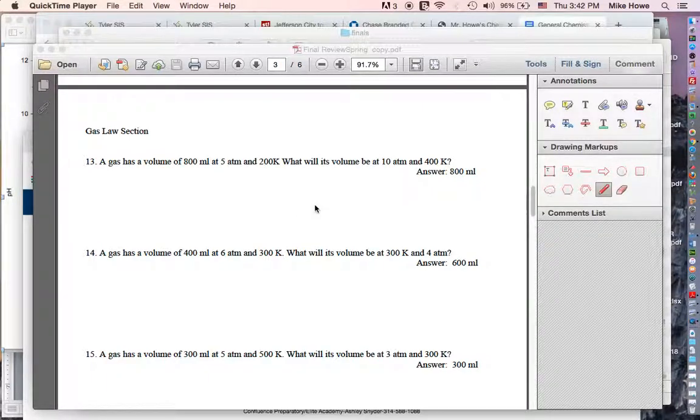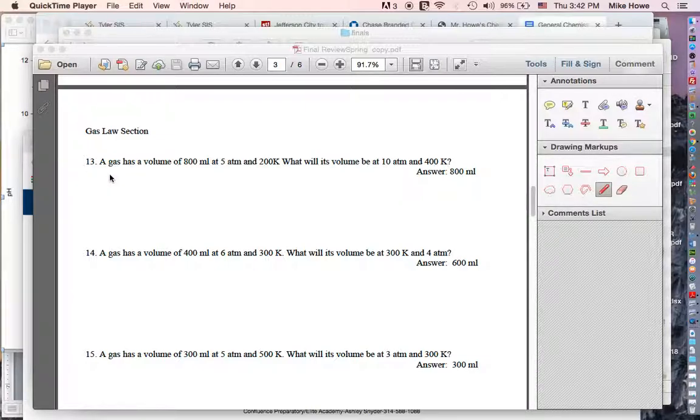This is another alternative way to do the problems related to the combined gas law. If you remember, when I taught you this, I taught you two ways to do these problems. One was what I call the thinking way, and that's what I did on the primary final review. When I took a look at what I'd done, I realized that I didn't give you the formula way, so I'm going to show you the way to solve this kind of problem, number 13, 14, and 15, using